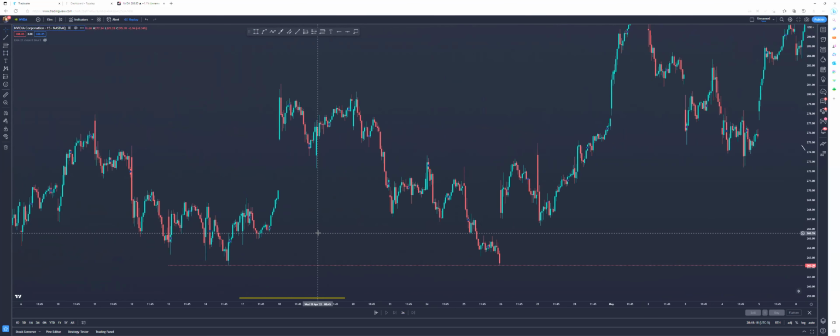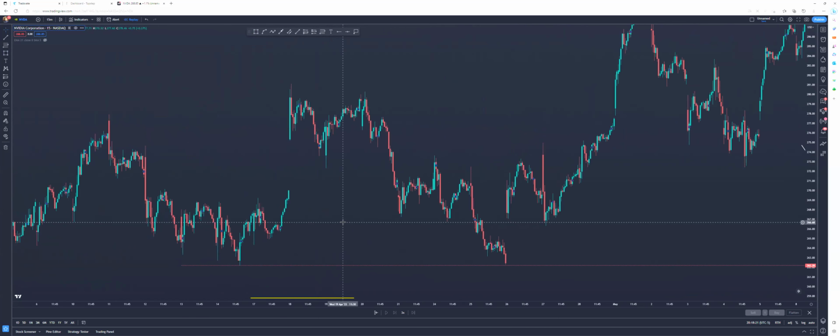And also, let me put this out here real quick. When you're learning structure, you want to get used to the higher time frames first, and then the better you get at it, you can come to the lower time frames, because sometimes it's a lot harder to mark structure on the lower time frames. That's why I tell people, start with the daily, understand the structure, learn the characteristics, and once you understand the characteristics, you can then move on to lower time frames. The lower the time frame, the harder it is to mark structure, but with experience and chart time, you get better at it. It's pretty much the same thing.